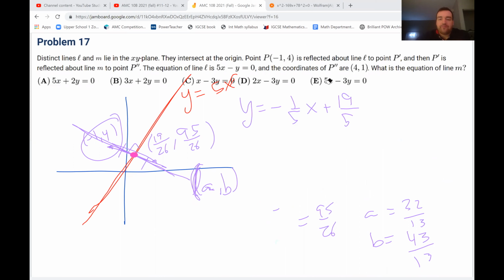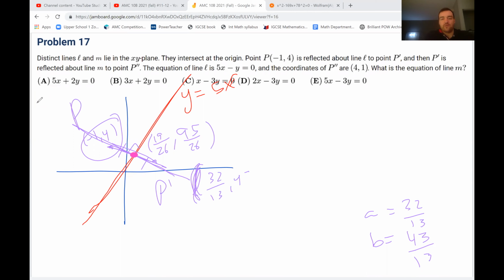It's going to be 32 over 13, comma 43 over 13, right? Now that point is going to get reflected. So this is going to be P prime, and that's going to be 32 over 13, comma 43 over 13. That point's going to get reflected over line M to become the point 4, 1, right? So that's going to get reflected to be up here somewhere,